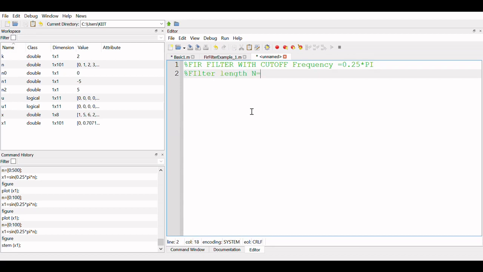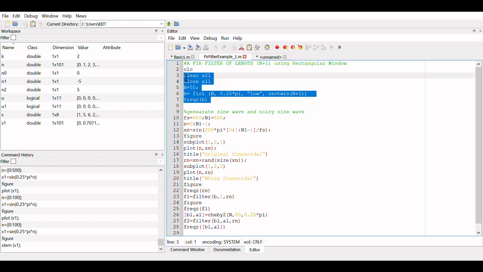Suppose n is equal to 31, and given window. And another beautiful thing in Octave, hash can also be used as a commenting tool. So window given, suppose a rectangular window, the common window. Okay, so this is what is given to us.